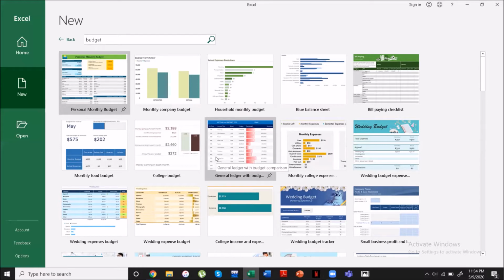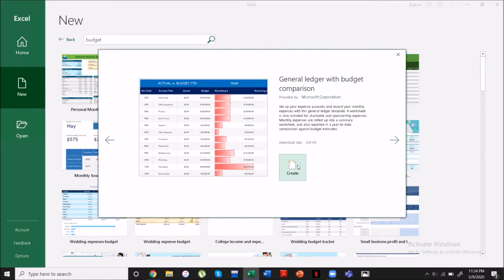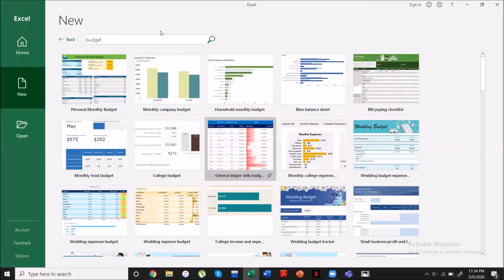Now, if you find one that you do want to use, you can just click on it and click create, and it will make a copy of that as a spreadsheet that you can open and use in Excel. So please do spend some time exploring what's available, and in many cases, much of the work is already done for you. You can simply use somebody else's template and adjust it for what you need.